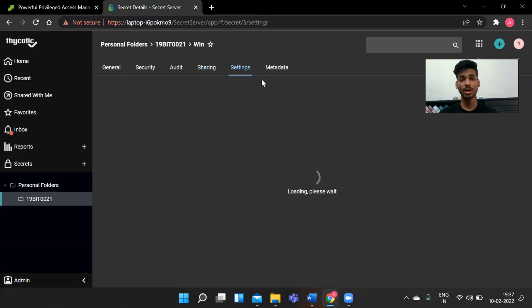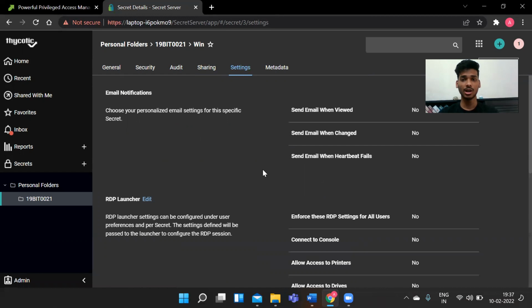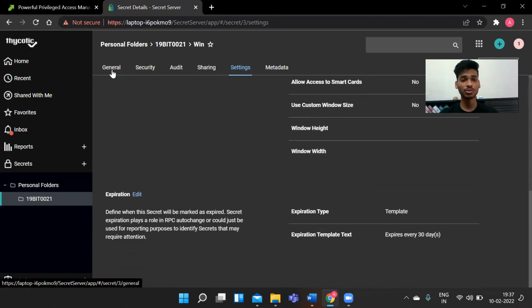Also, I can check for the settings. For the general settings, they have been default set as no. So this was the first feature, and for the next feature, after the